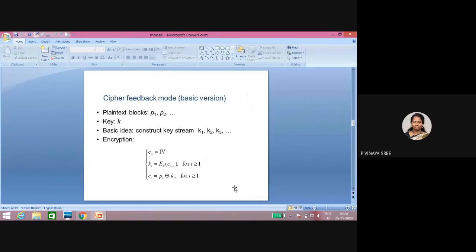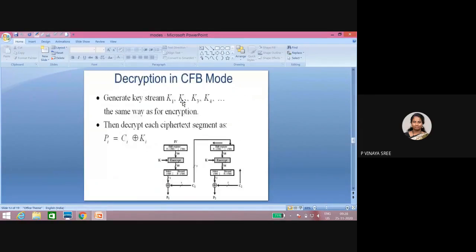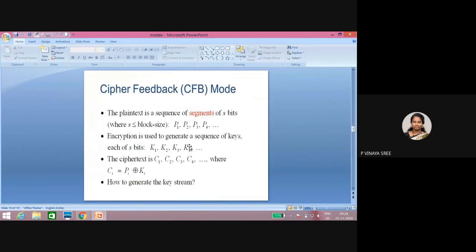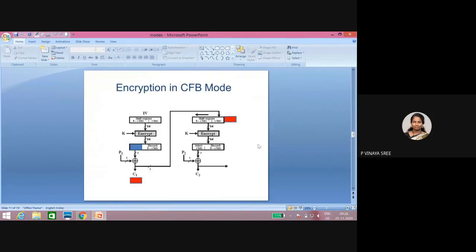Okay, now coming to cipher feedback mode. Cipher feedback mode is a stream cipher, and output feedback mode is also a stream cipher. So in cipher feedback mode, let me go to the diagram. This was also covered in yesterday's class.